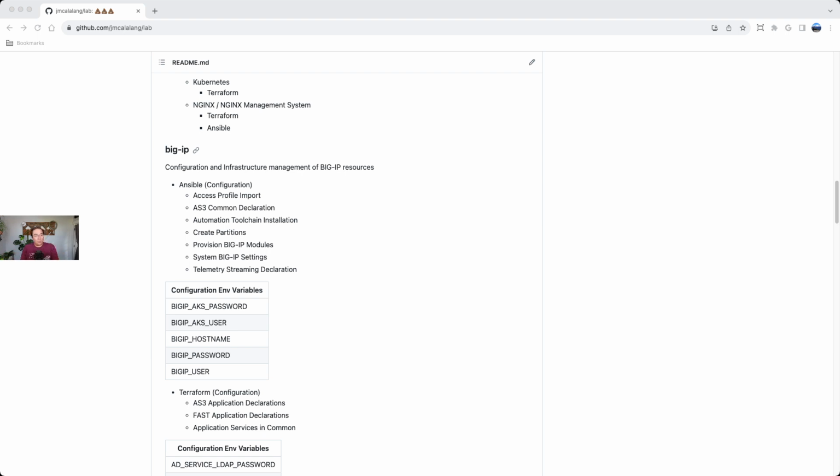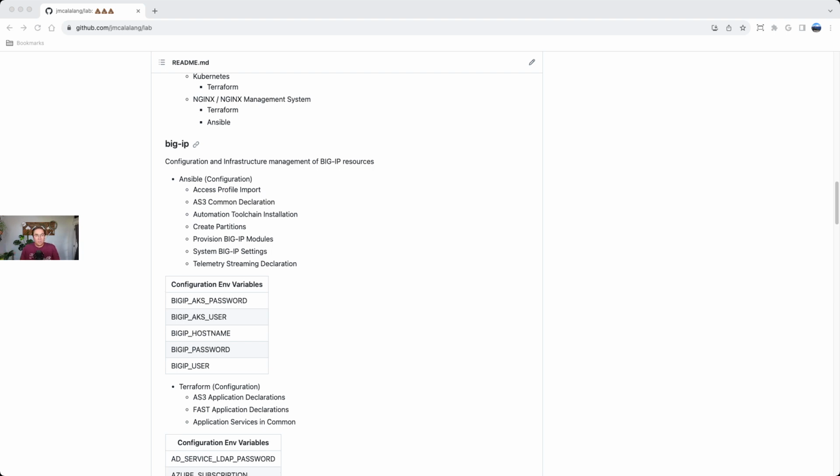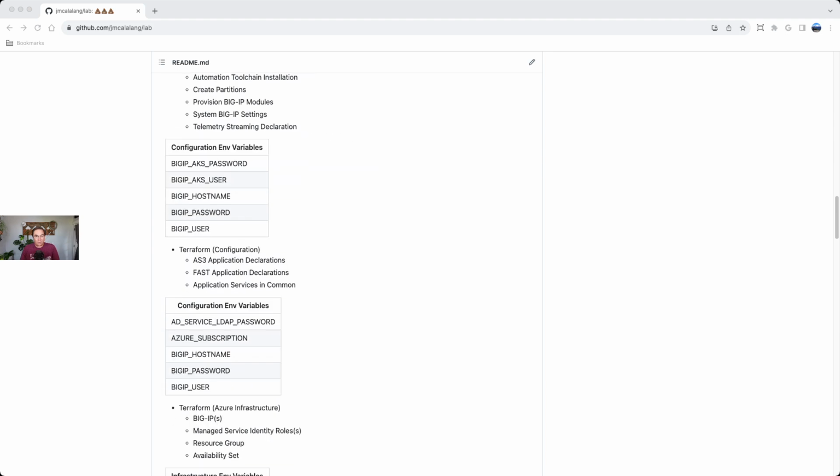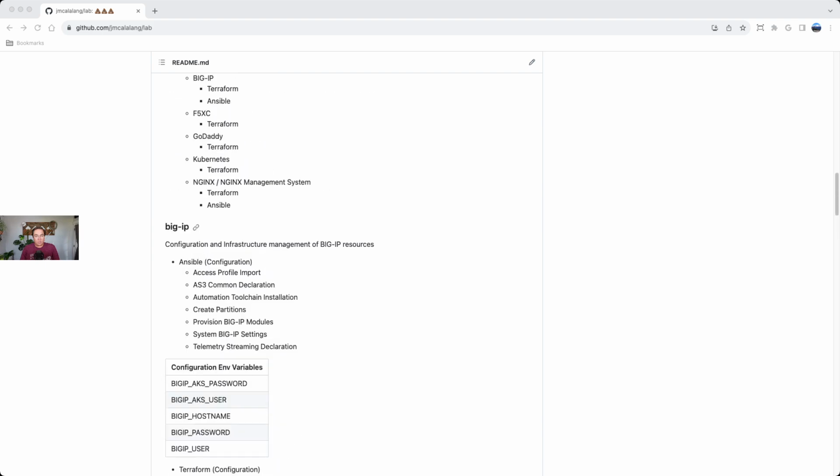As you go to try to deploy something, you may see that. The quickest way to tell would be actually to look at the GitHub Actions file, and that'll tell you what things are coming in as secrets versus what things are possibly defined later on in something like that Ansible or Terraform. So I've got some stuff, and you can see Big IP, and then I've got Terraform for configuration, Terraform for infrastructure, and then I've also got Ansible for